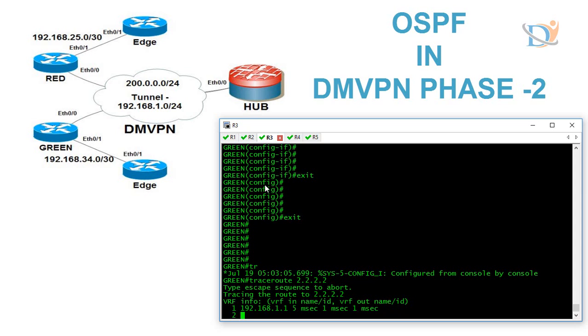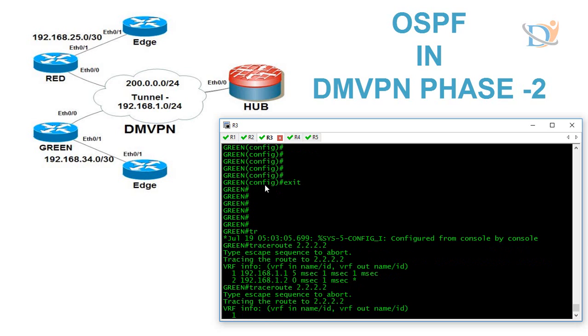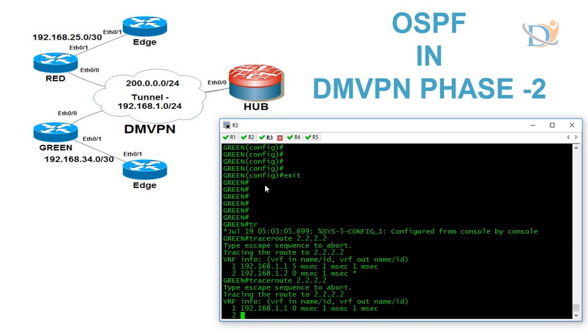So DMVPN phase 2 with the network type point-to-multipoint in OSPF is not supported here. Even if you try again and again, traffic flows via the hub. It's like we are running DMVPN phase 1, and we can see the next hop is always updated by the hub in this case